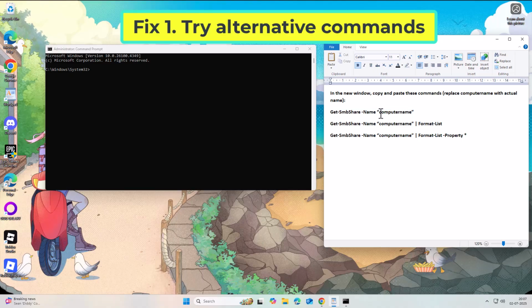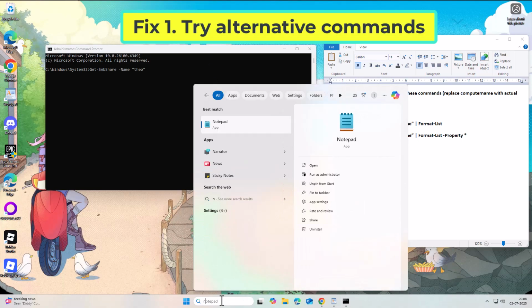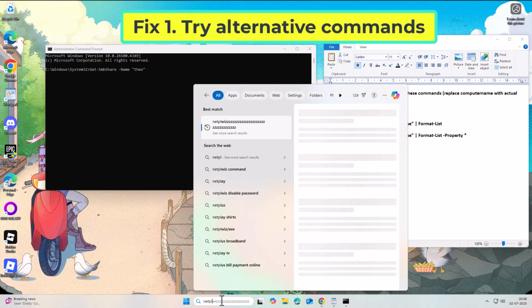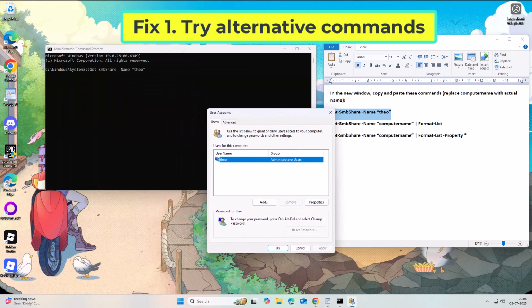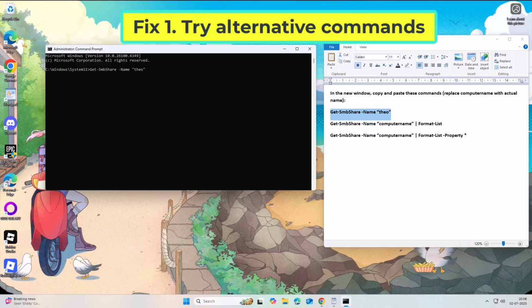Replace computer name with actual name. If that didn't work,